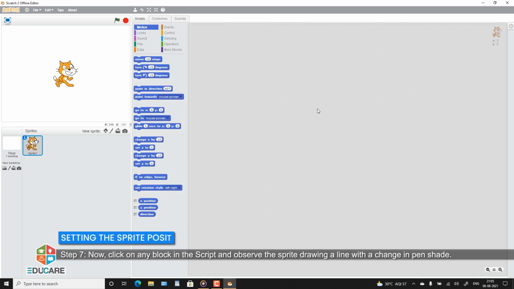Setting the sprite position. The stage in Scratch has a 2D coordinate system which uses two coordinates, X position and Y position, to determine the location of a sprite on the stage. The X position value determines the horizontal location of the sprite and the Y position value determines the vertical location or height. The screen is a 480 pixels wide and 360 pixels high rectangular area,